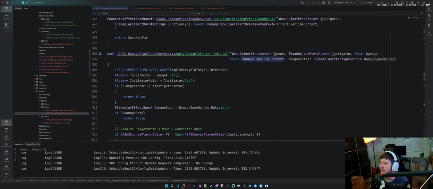Or do we construct it ourselves in these internal things? Because some of it's provided within the damage context and stuff like that. We'll have to see.